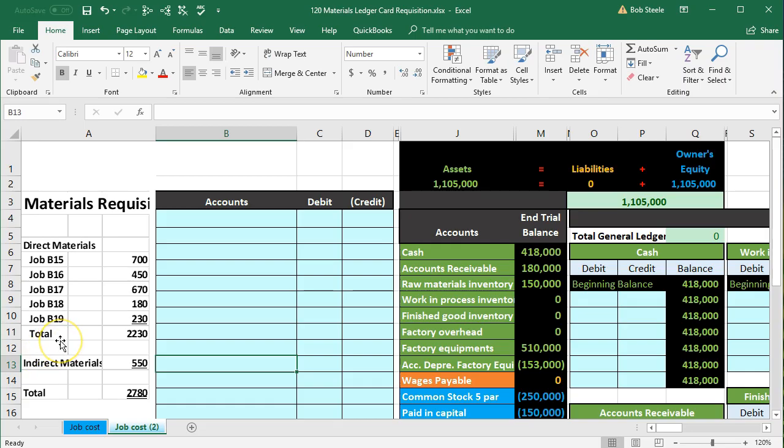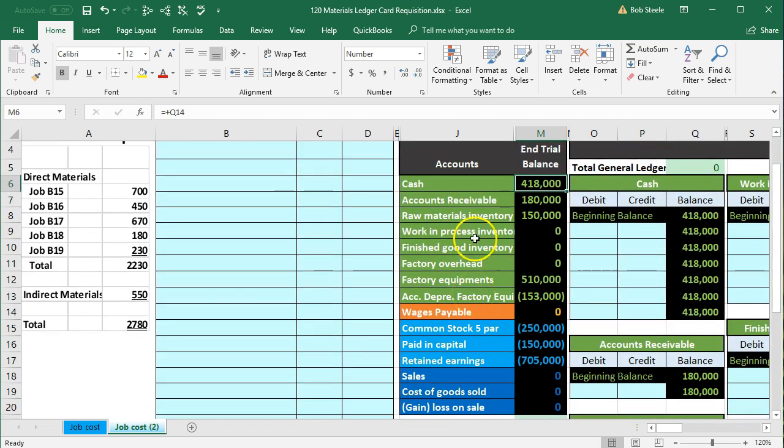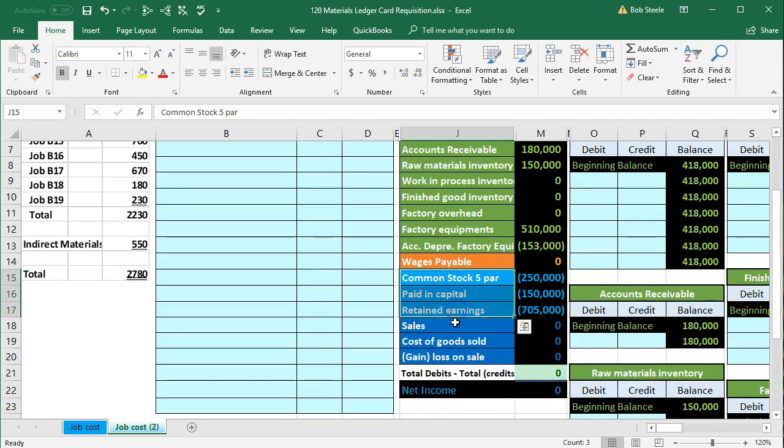We're going to have the information on the left. We're going to enter the journal entry into our general journal here, then post it to the general ledger. And the general ledger will be used to create the trial balance. We can see the trial balance is going to be in order in terms of assets, liabilities, equity, income, and